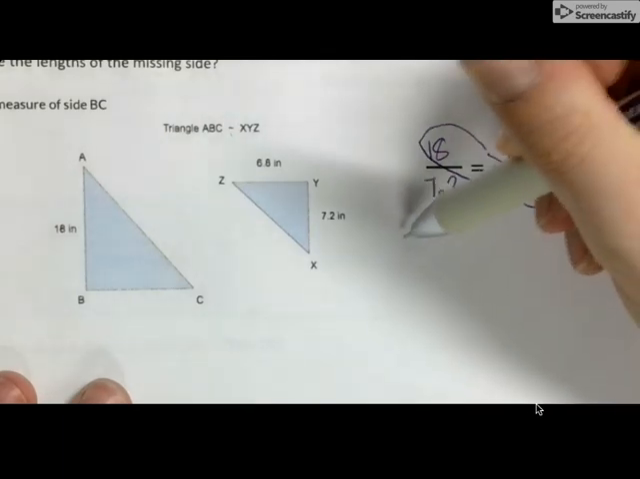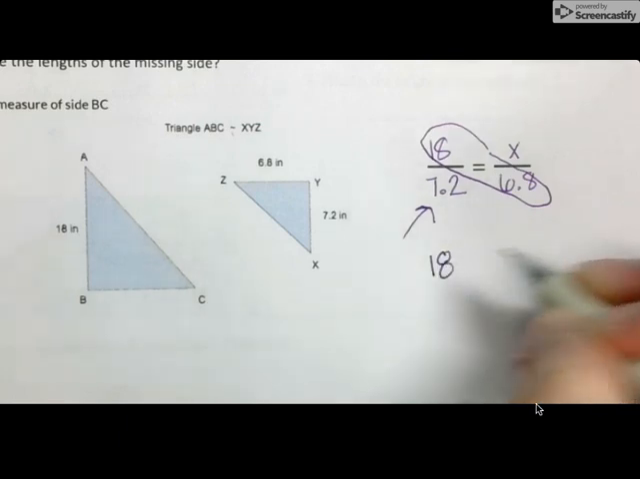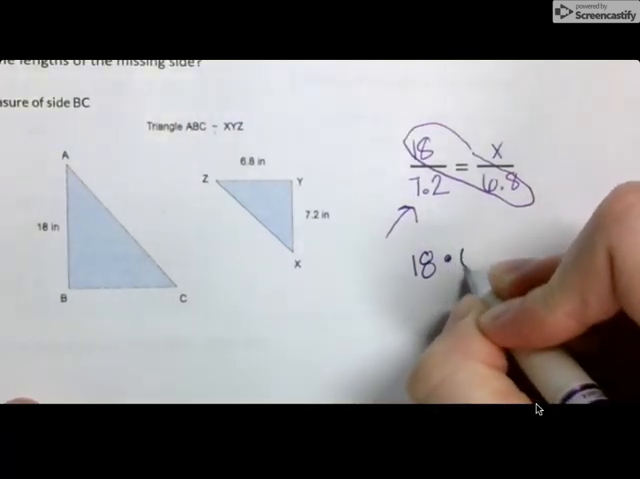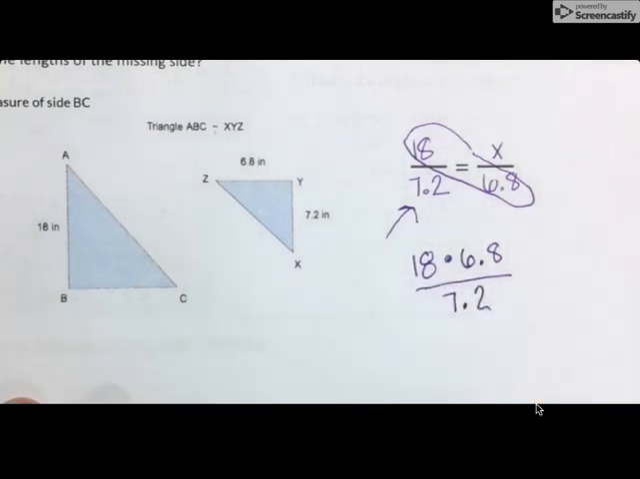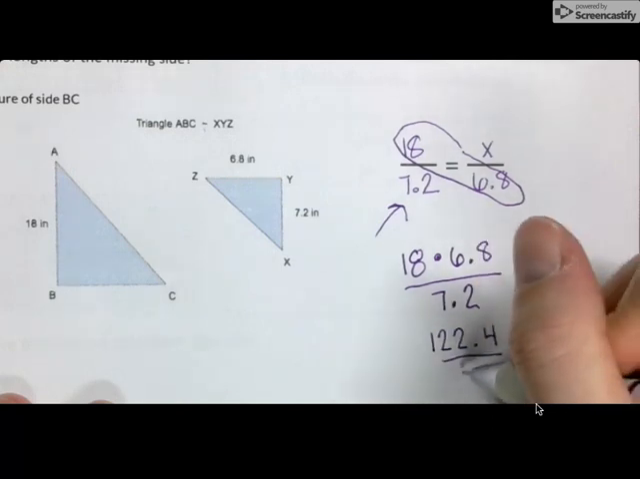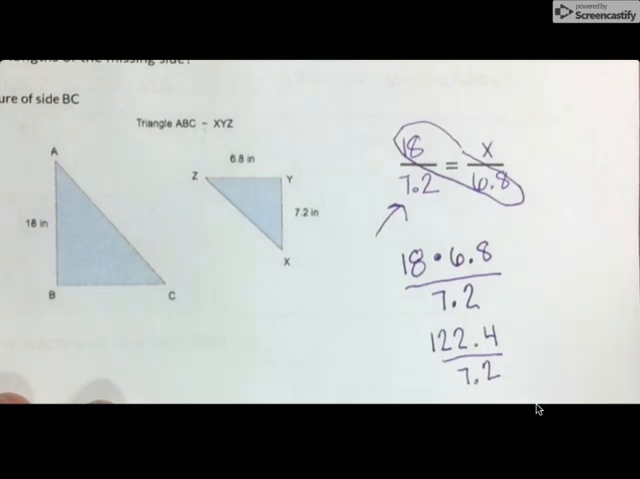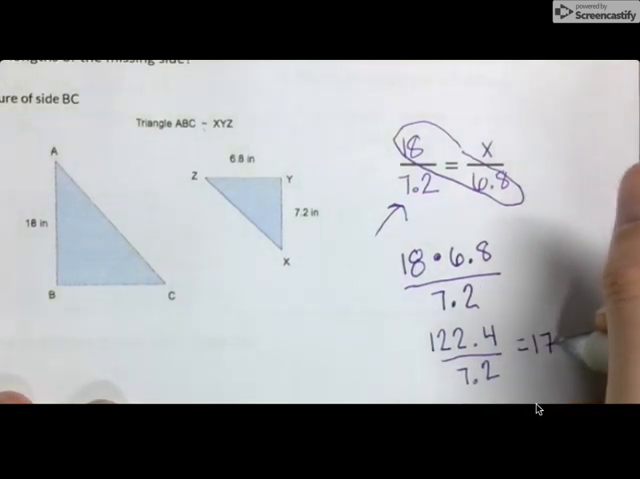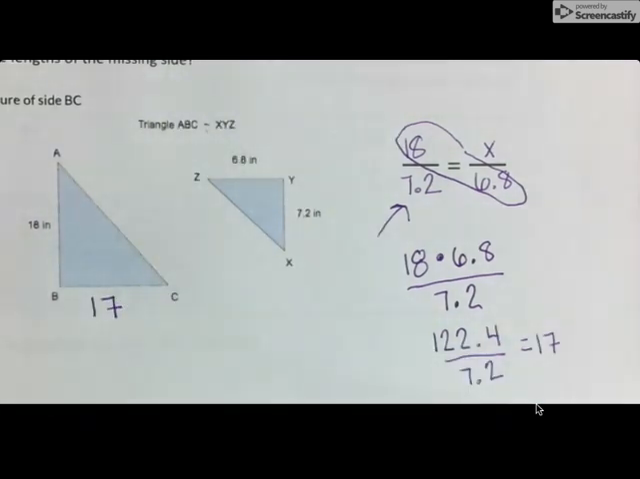So now we are going to do a butterfly. Multiply diagonally, divide by the leftover number. So I'm going to take 18. I'm going to multiply it by 6.8. I'm going to divide that answer by 7.2. So 18 times 6.8 is what? 122 and 4/10. Divide that by 7.2, and what do you get? Okay, so this side right here is 17. Okay,